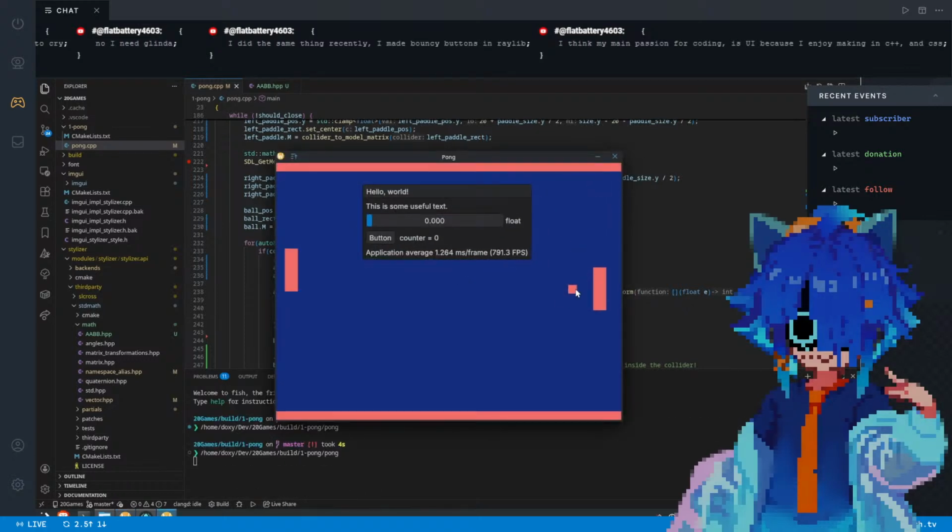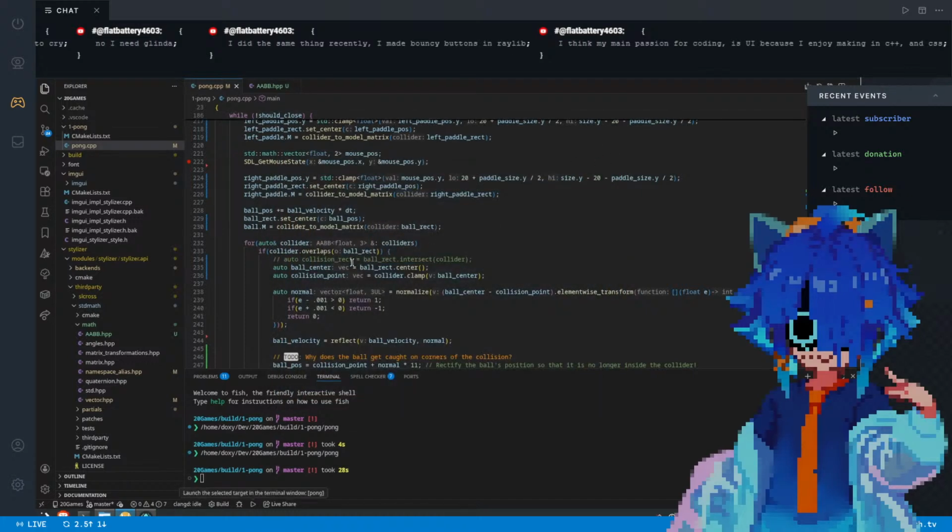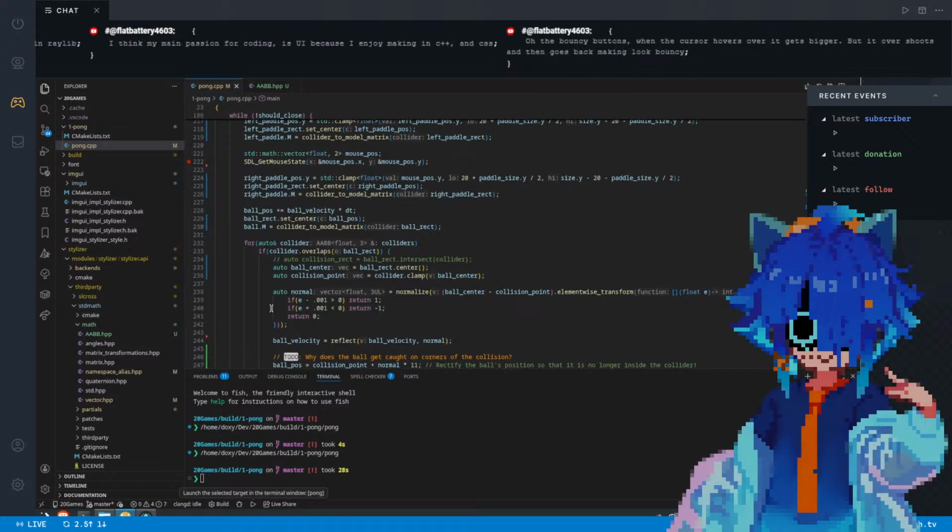So we now have this little UI rendering. I straight up copied a UI example from the Iron GUI examples, with some stuff turned off, of course. But I also took the liberty of styling it so it doesn't look terrible. So that's cool. And let's actually get started with Sim UI. So we have the bouncy buttons. When the cursor hovers over, it gets bigger, but it overshoots and goes back, making it look bouncy. Oh,